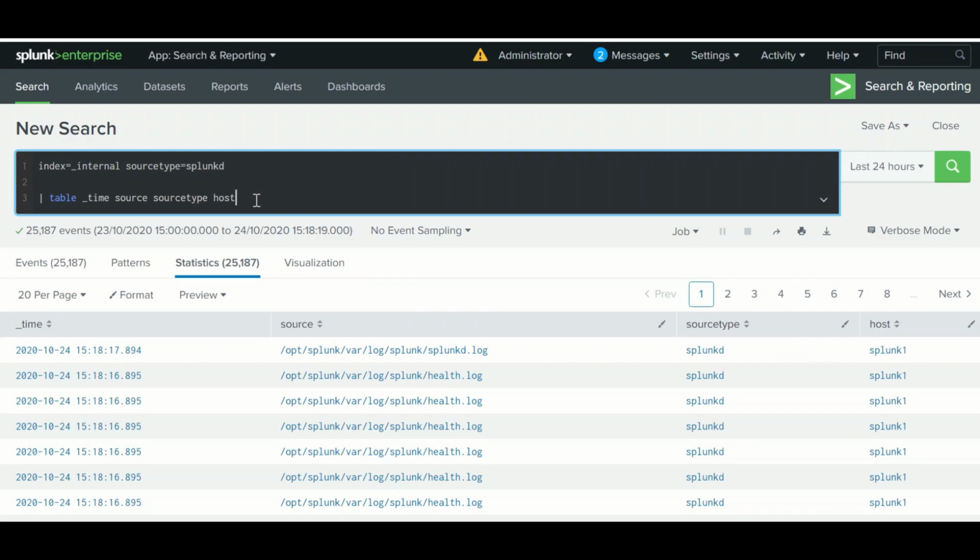If you have a space in between, please use double quotes. Once you rename the field, the original field will not be there in the event, so going forward you need to use your renamed field.